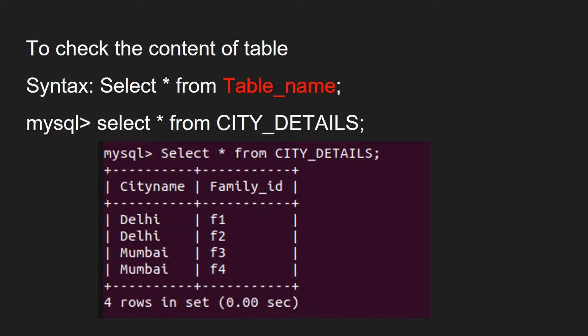See the query to retrieve all the contents of the table. The syntax will start with the select clause followed by the names of the attributes of the table that we want to print. Since here we want to print all the attributes, we can also use the asterisk symbol. Then it is followed by a from clause and then the name of the table from which we want to fetch the data. Let's take an example. Suppose we want to fetch all the details of the city details table, then the query would be select asterisk from city details. The output of the same query is attached here.